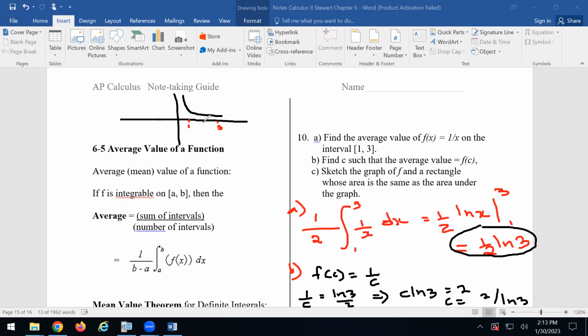So we want to construct a rectangle, but we need to know the dimension of this rectangle. That will basically have the same area as the area under the curve, right? So what we do know, we already found it, we know a function value. We're told that f of c